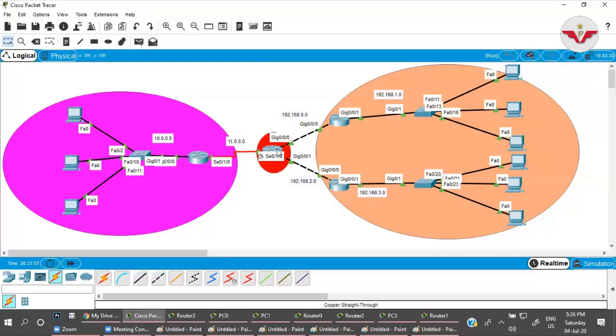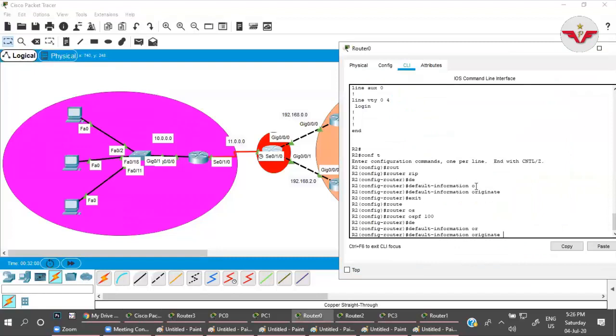So I went to router RIP mode and informed RIP to originate the default information as well, so that whenever this router sends RIP information to other routers, it also mentions that I have a default network, which is 0.0.0.0. So if you have any packet coming for any unknown network, just forward it to me. I will forward it to that network. That's it. The command is default-information originate.